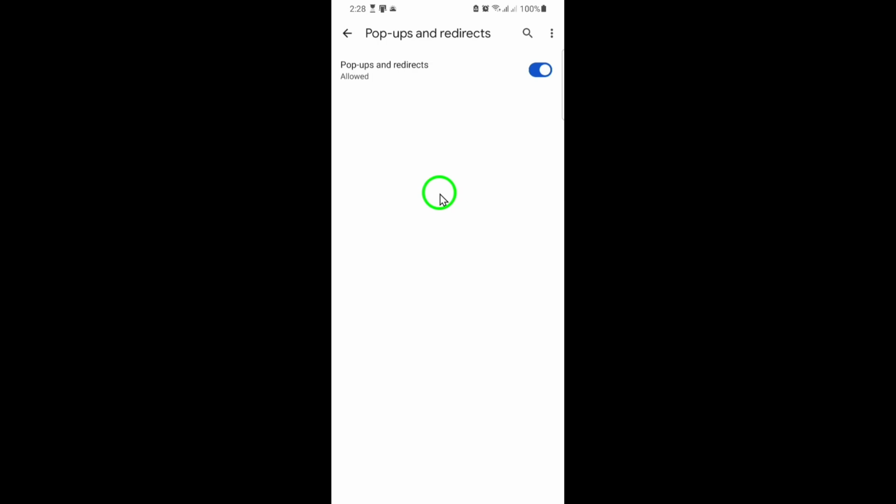If you ever change your mind, you can manage or remove sites from your allowed list in the same pop-ups and redirects section of your Chrome settings. And that's it. By following these steps, you'll enable pop-ups in Chrome only for trusted sites, keeping your browsing smooth